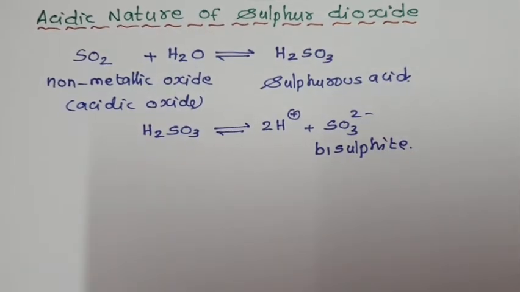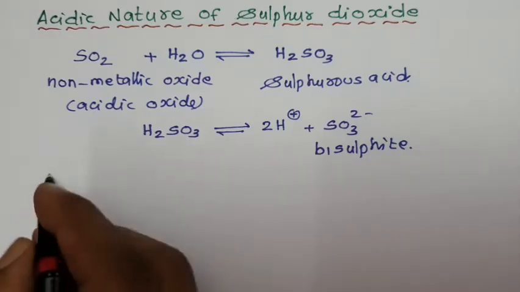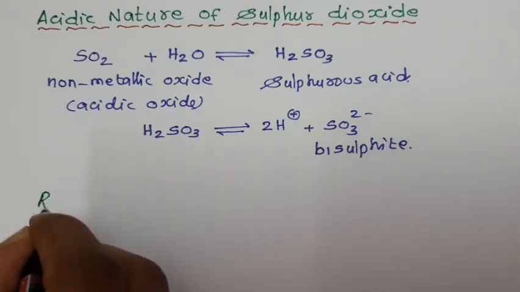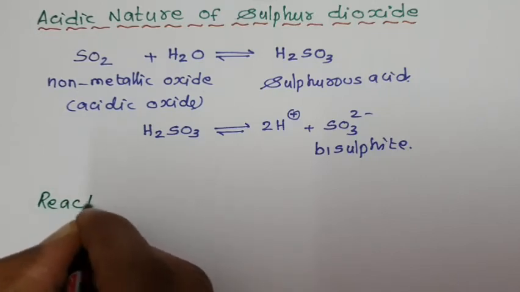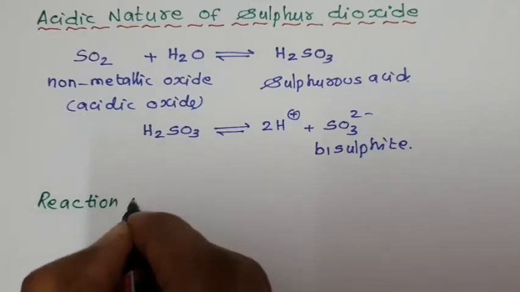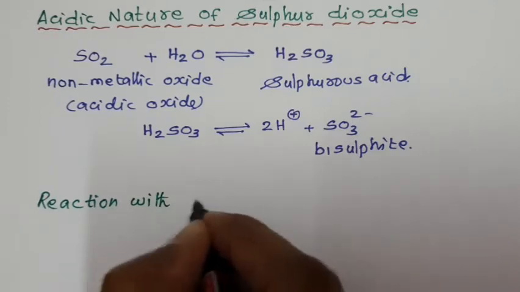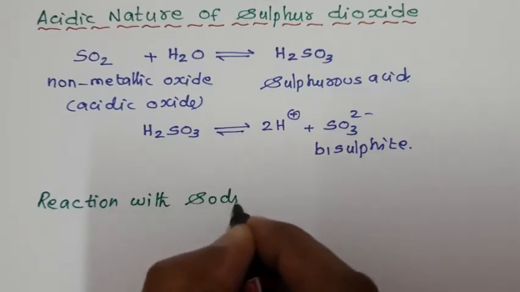We know about the neutralization reaction. In a neutralization reaction, any acid reacts with a base to give a salt and water. So being an acidic oxide, sulfur dioxide undergoes reaction with a base to give salt and water. So our next heading is reaction with a strong base, sodium hydroxide,